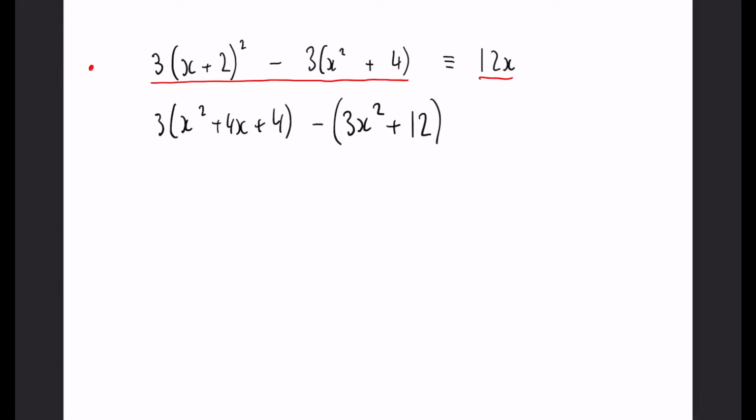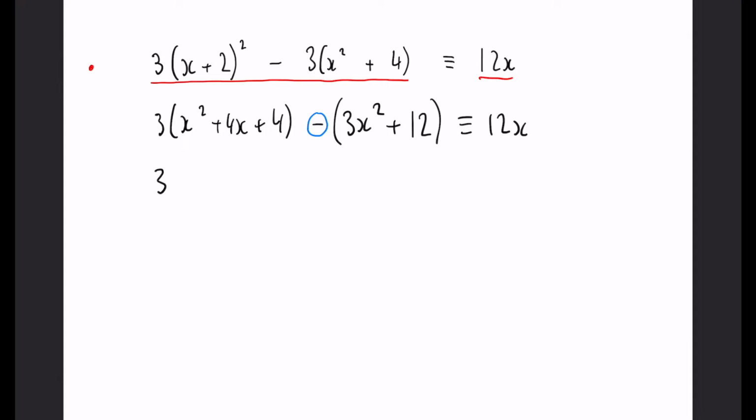Now also, I have kept the brackets here. This is because the minus affects both the 3x squared and the 12. If that negative wasn't there, you might forget that it affects the 12 as well. So it's very important to keep that. And then if we write the right hand side as well, just to remind ourselves throughout each step. Now if we